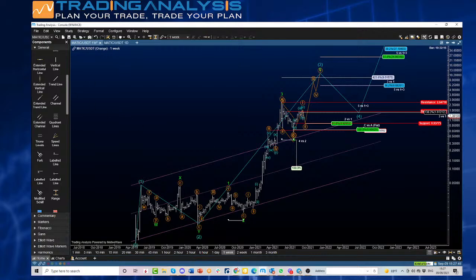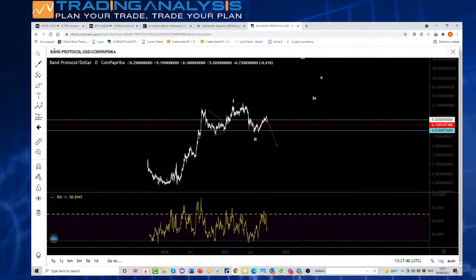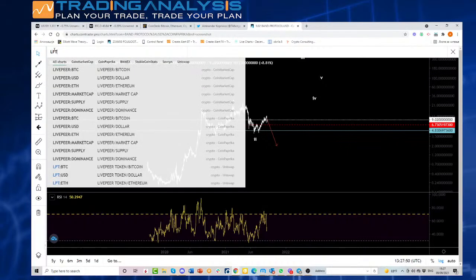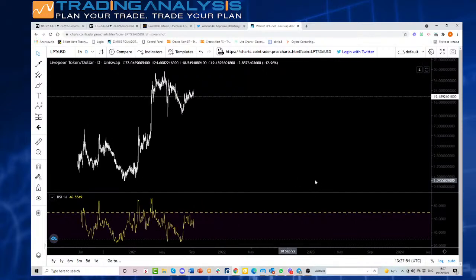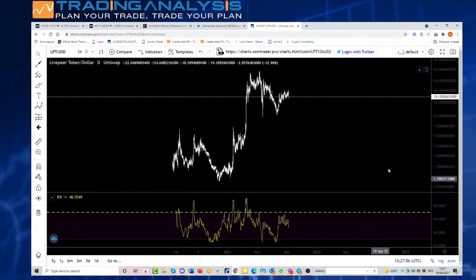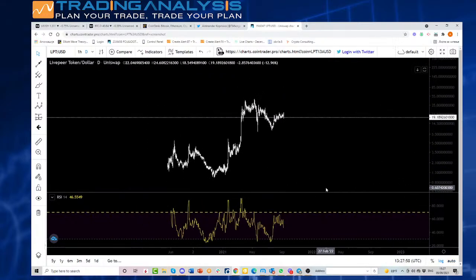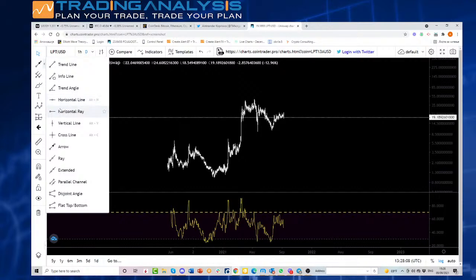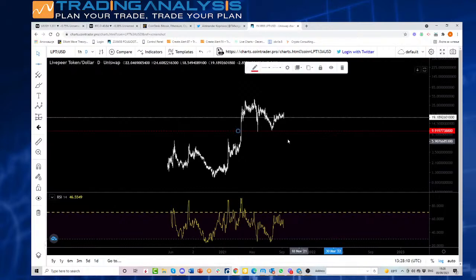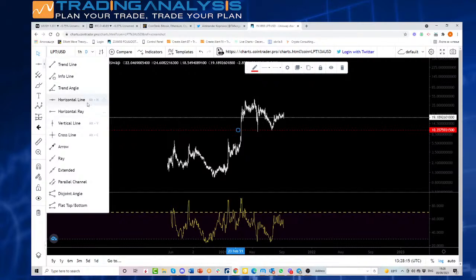LPT. Okay, so let's see LPT. Yeah, pretty much the same situation. We have some type of a 1, 2, up in 3, 4, and 5. So ABC potentially done, maybe still. So I would look here. It portrays a relatively bullish chart, but there are two distinctive support levels. If they're broken